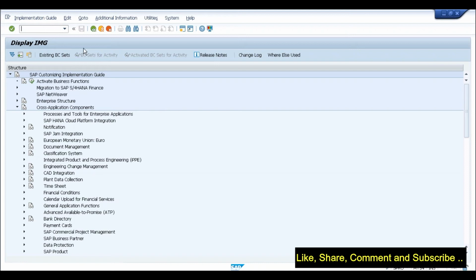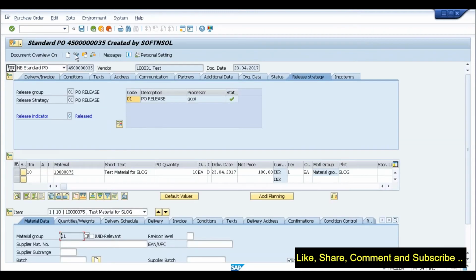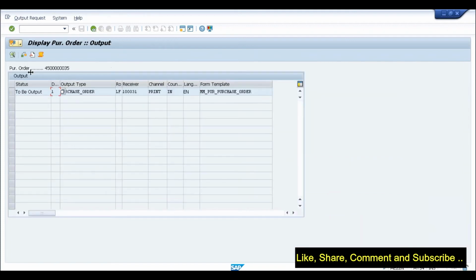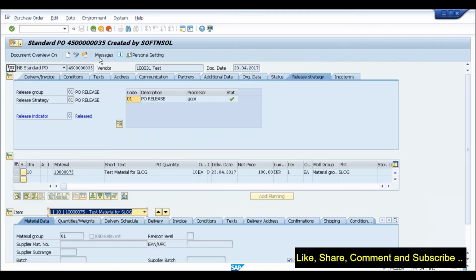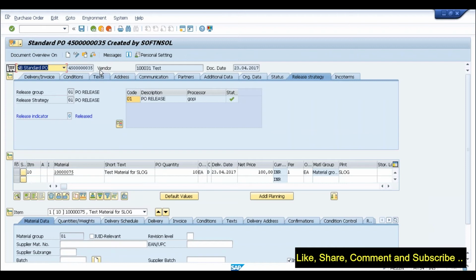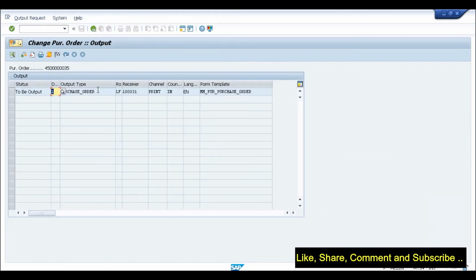This is in this particular order. I think I closed that. Let's see. Yes, I closed it. So let me just go to ME22N. And let's say for this order, I want to change this. Normally ME9F works when you are doing it afterwards, scheduled, right?